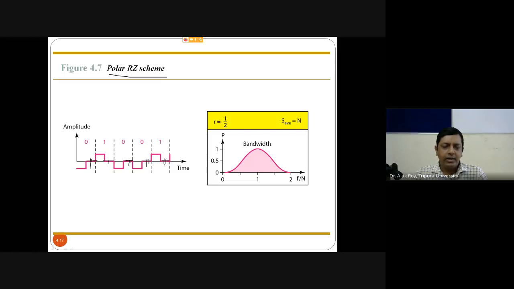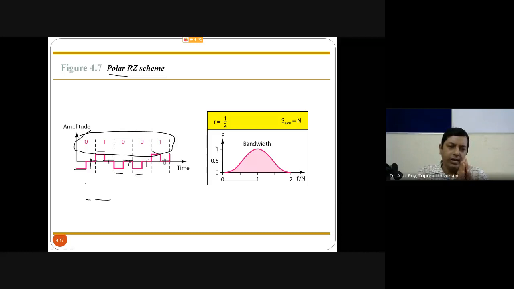So whenever in examinations you are provided with a bit stream, just draw the middle part first, then go for your other part. Like here, for 0 they are using low, for 1 they are using high, for 0 low, for 0 low, for 1 high. So that's the technique: draw from the middle to the end, make it level 0.